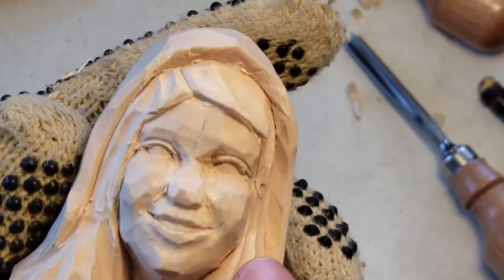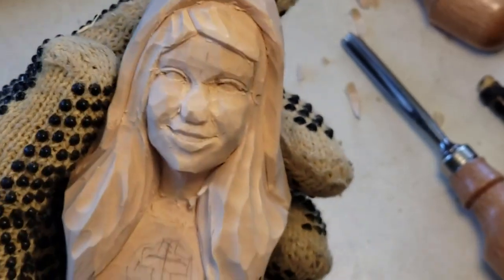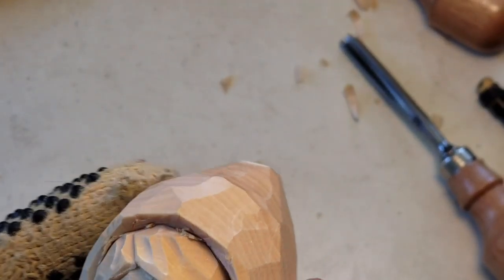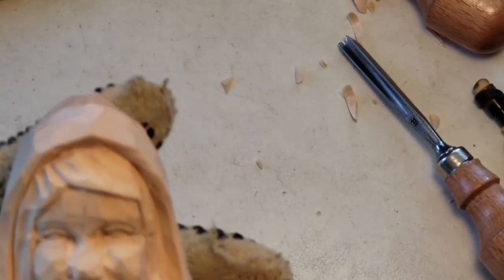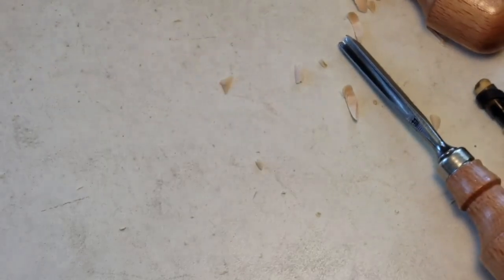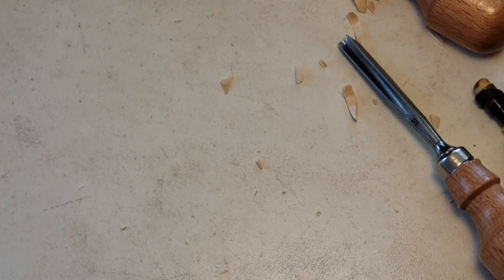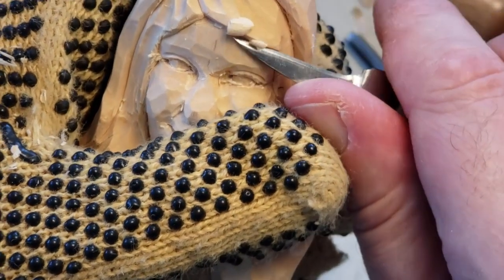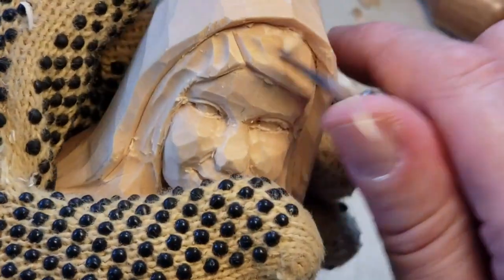All right, I am going to stop here. There is quite a bit of cleaning up. I am going to still do a little bit more of, sorry if this is out of the way, I got to do this here. I just simply round off. And just a little bit of a kissing of the, let's say, of the eyebrow